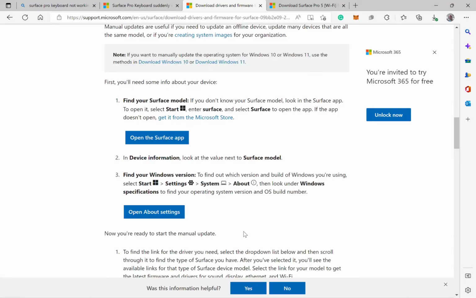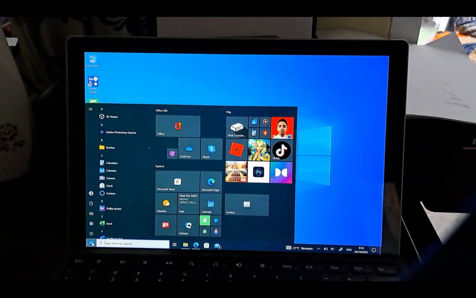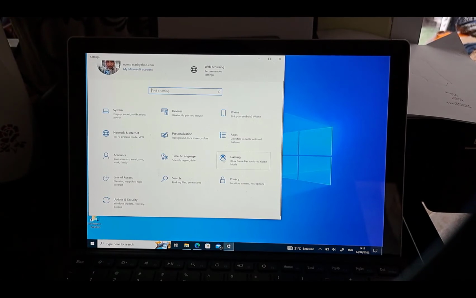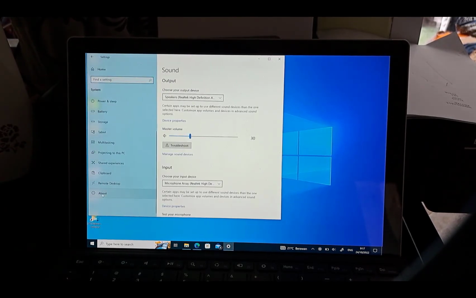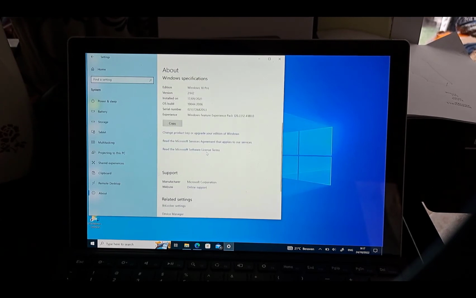You go to settings, system, and about. Okay, how to check your OS version? Just click in the setting, and then system and about. Now you can see in here OS build 19044.2006. So because my OS build is 19044, I will choose the nearest version that is available in the firmware